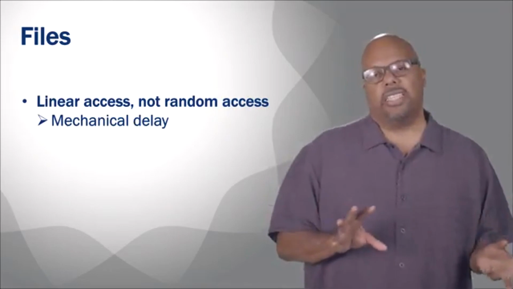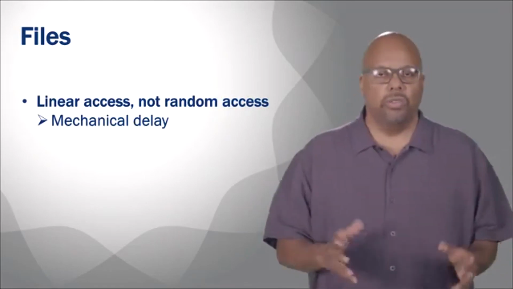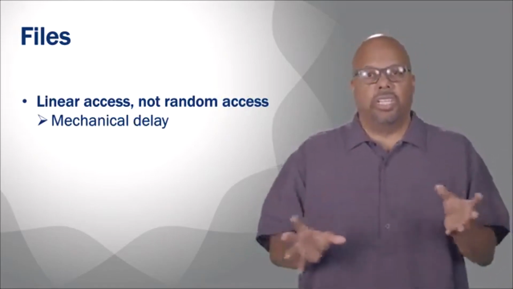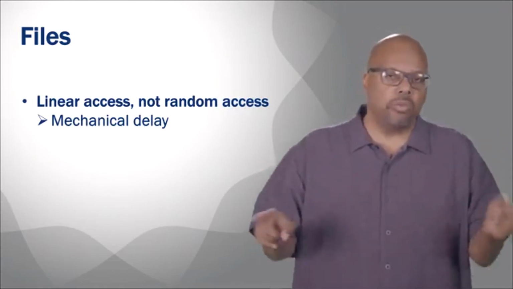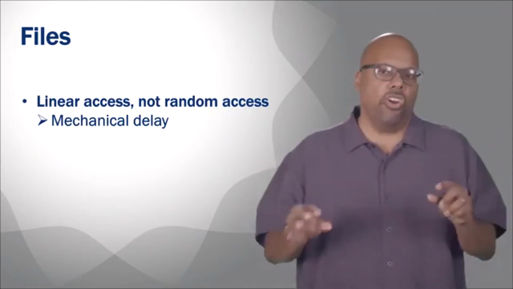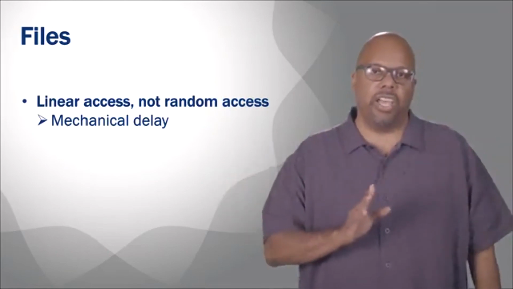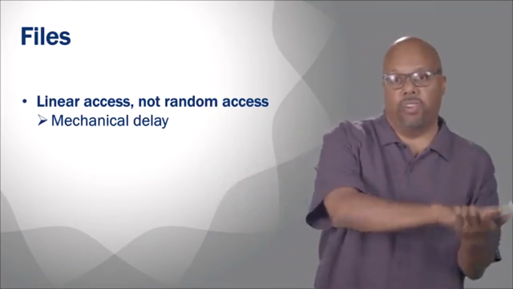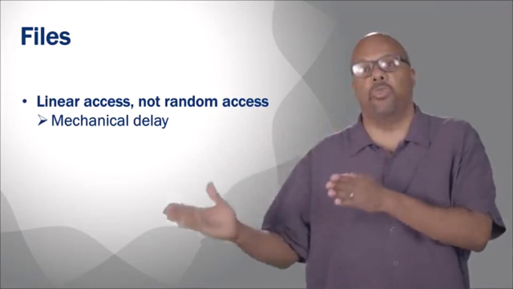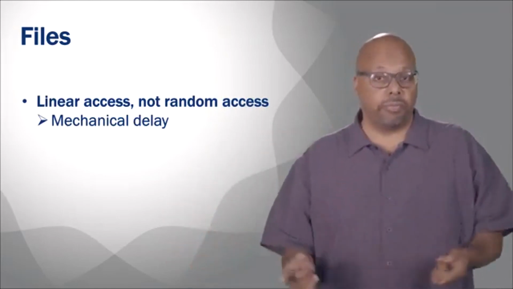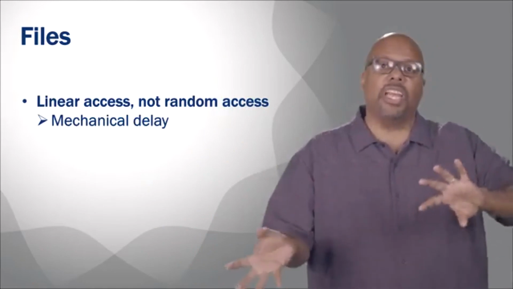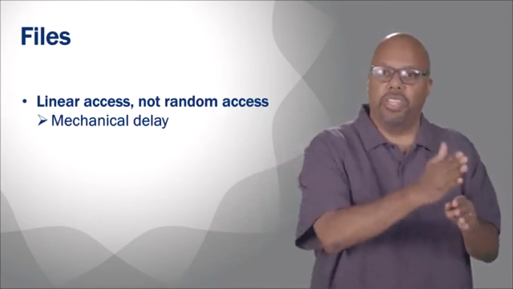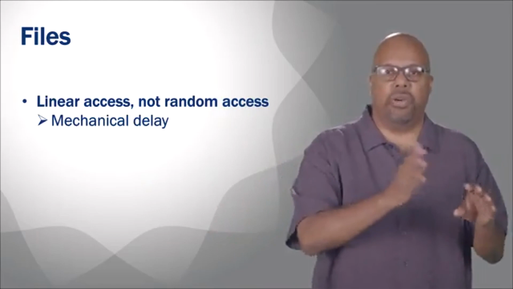And when you access a tape, depending on how old you are, you remember, I used to have cassette tapes, right? Or big old tapes, you've seen them in science fiction movies. They turn this physical tape, and it's linear access, meaning the beginning of the file is at one point in the tape, the end of the file is way over at the other point of the tape. So if you want to access it, you read one point of the tape, then you turn the tape and read the next point. Turn the tape, read the next part, and so on.